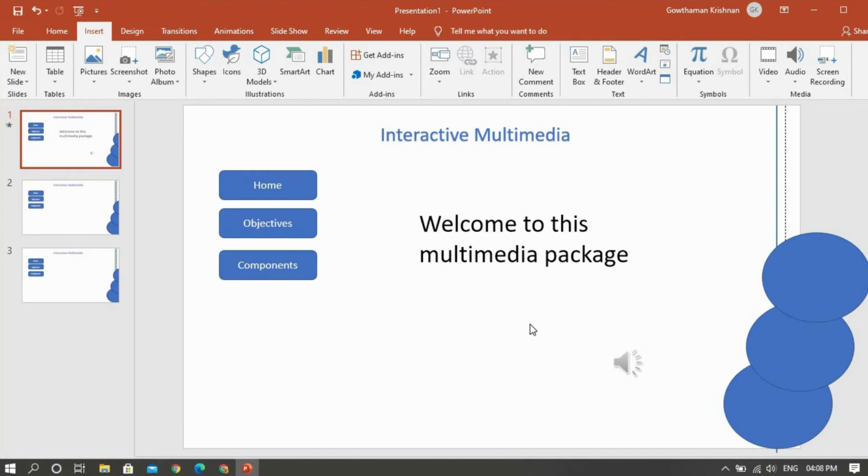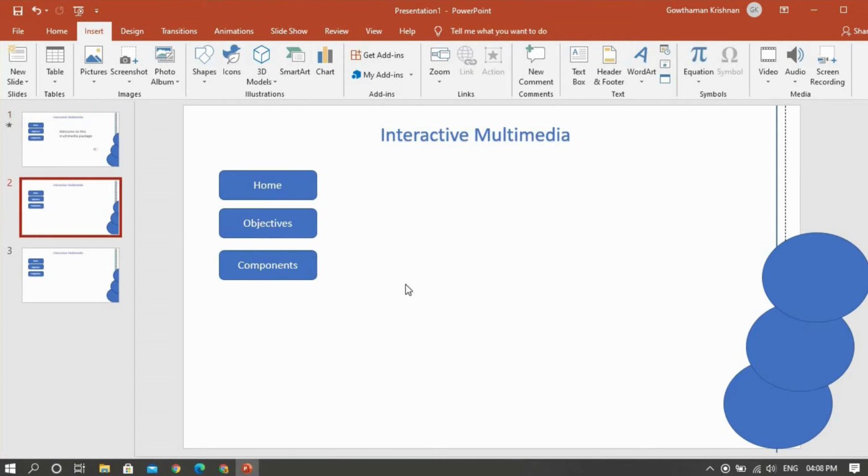So in this way you can record the audio and place it here, so that if anybody wants to read the text, they can read it. If anybody wants to listen to the audio clip, that is also possible here. So now my home page is ready. Coming to the next, objectives, maybe